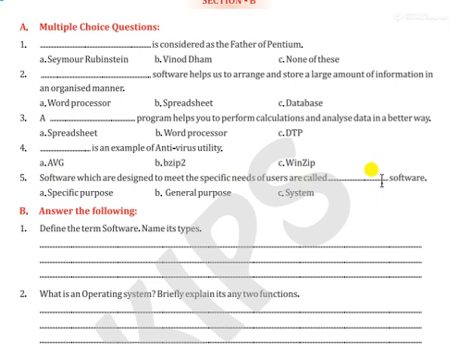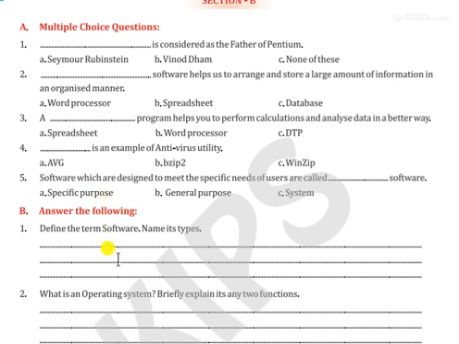Specific need. Are you getting the term? The one word that denotes specific need means when a user needs a special kind of work, then he or she will go for specific purpose software. Like the example we have seen, library management or account management in office, right? So these kinds of software are known as specific purpose software, where the user asks the programmer to design a software as per his requirement. So answer number 5 is A, specific purpose.